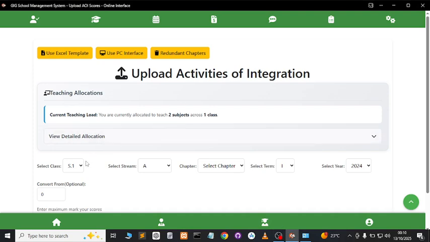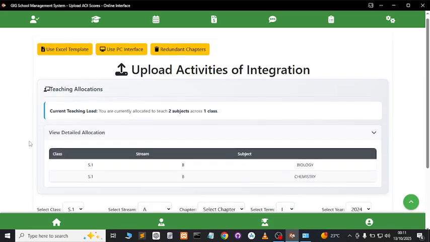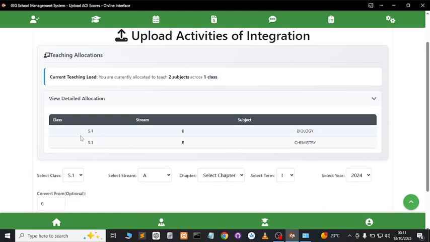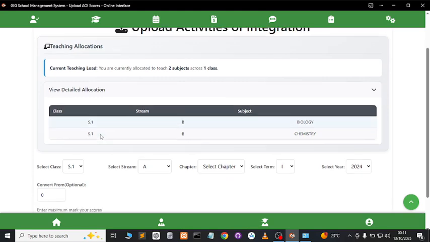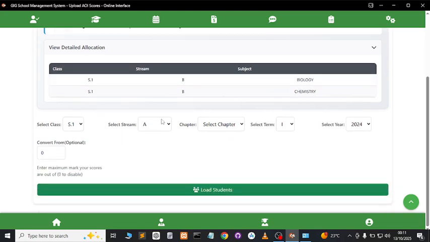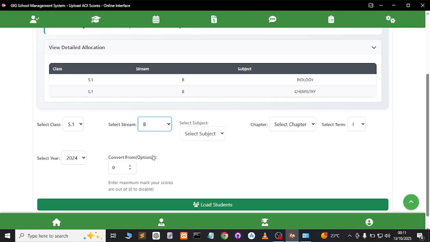So you will select your class, you select the stream, and you make sure that what you are selecting, you have some teaching load there. Because for example here, if I select stream A, it will not load the subjects, because according to subject allocations, it shows that I don't teach any subject in senior 1A, but I teach biology and chemistry in senior 1B. So if I select stream B, it will load for us the subject,